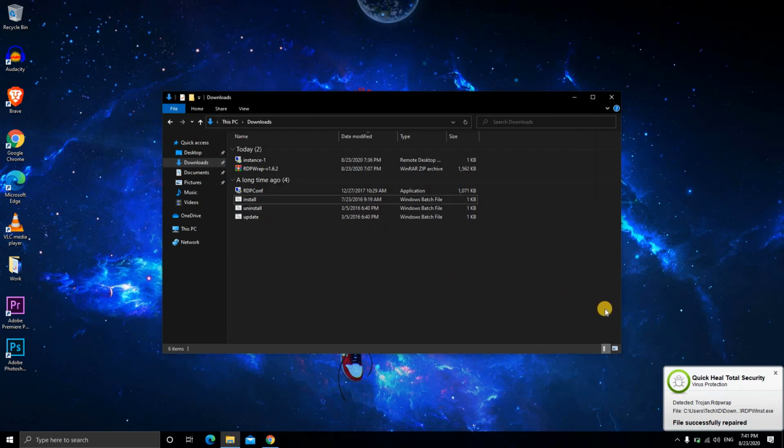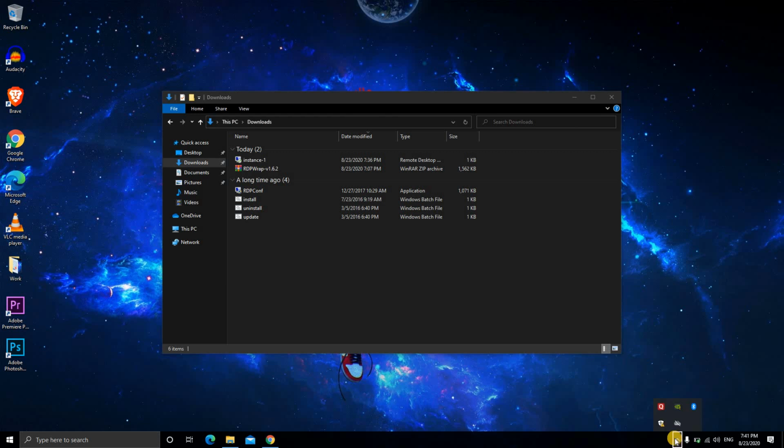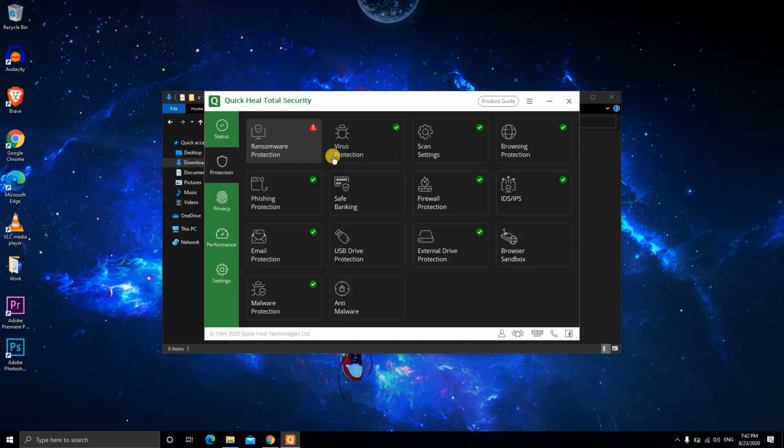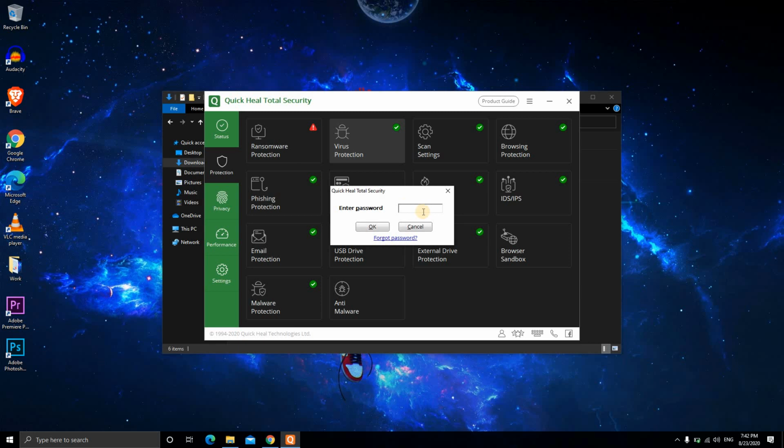Click any key right now. I don't know why this is happening. I need to disable my antivirus again, I think. This is showing some issue with it. Protection, virus protection. I'll just disable it. I just entered the password. I forgot it, I stored it somewhere, I think.